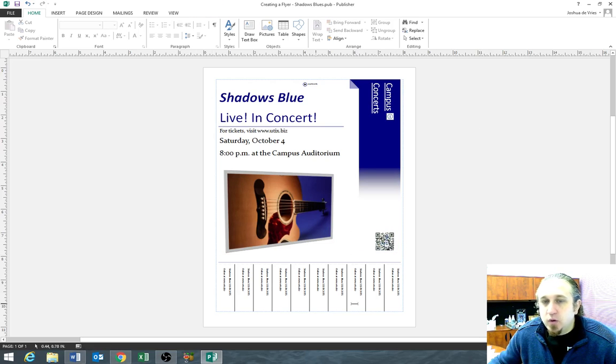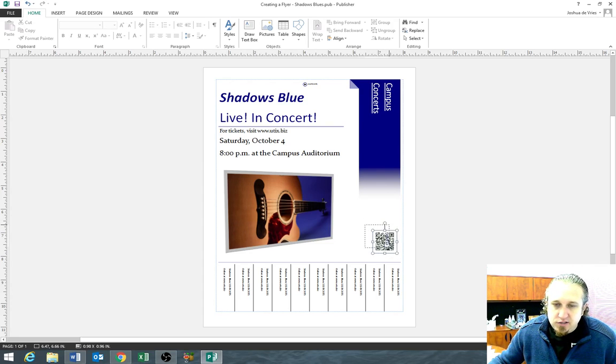So I demonstrated what would happen if you accidentally clicked in an area you didn't mean to. You just click the back arrow to go back to where you need to be, and everything will be fine. Just go back and bring the QR code reader and put it back to where you need it. Notice I positioned it so that those red lines pop up. There we go. So now you know it's lined up. And that brings us to the end of